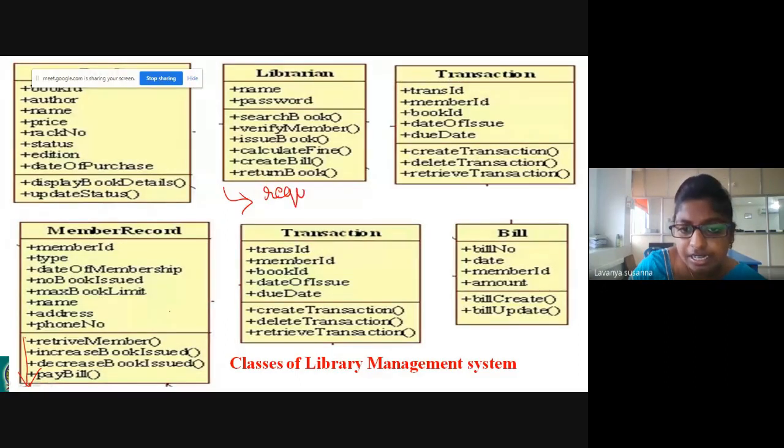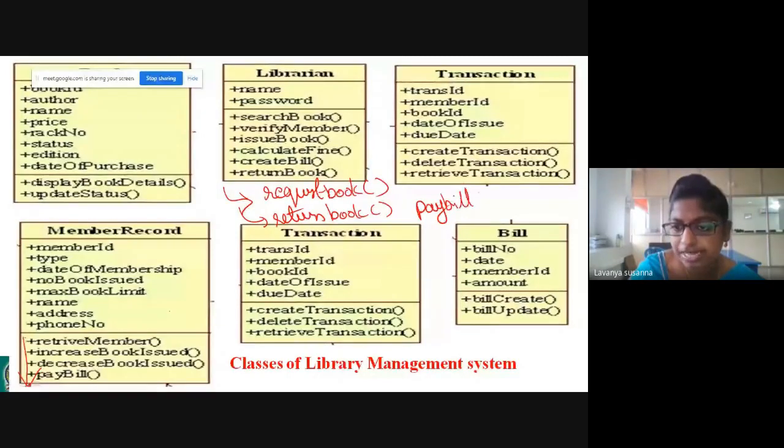Request book. Simple way. You know that, right? Return book. Next, pay bill. If there is a due date, they need to pay the amount. Pay bill. That's all.